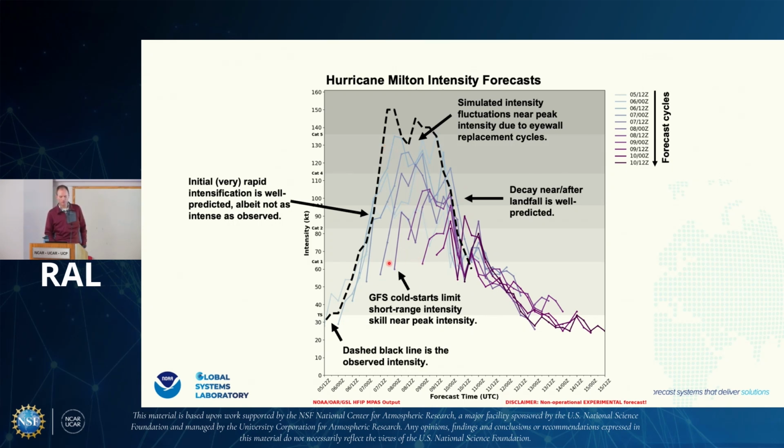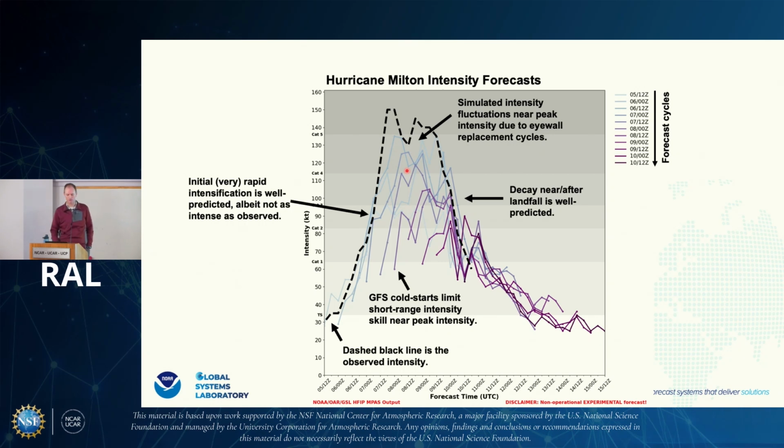But then we get to some of the later forecasts. Milton has undergone rapid intensification and is very intense. The GFS initial conditions are not able to represent that well. So our forecasts, these dots here that I'm tracing along with my laser pointer, are the beginning intensities, significantly weak biased by as much as 80 to 90 knots at those initializations. So the model tries to play catch up in the first 12 to 24 hours. It recognizes, given the environment and the storm structure that's there, that it should be more intense than it actually is. So it spins up the intensity toward category 3-4 range, but it's not able to ever quite catch up